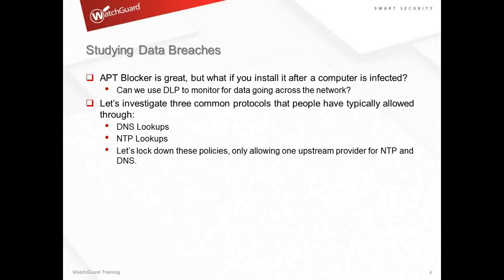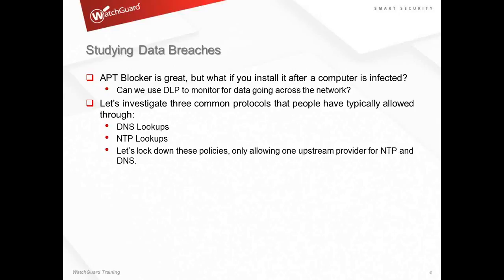Because as we look at that, for instance, DNS lookups, NTP lookups, there's also FTP, not that common, but we're seeing more and more malware or command and control traffic or those data loss events going across these typical ports, such as 53 for DNS lookup, because generally network administrators have just let those policies